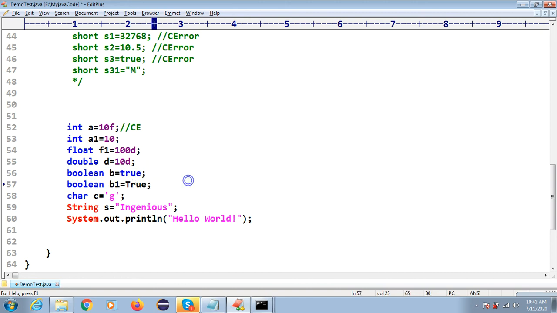Here we will get a compile time error because of true. All keywords are written in small letters: int, double, float. We have 48 usable keywords. If you write something else, you can see the color also changes. If you compile this, the JVM and compiler are not able to understand this true because you have written the wrong keyword. This is a capital T.